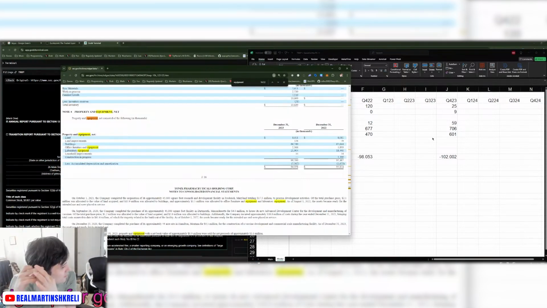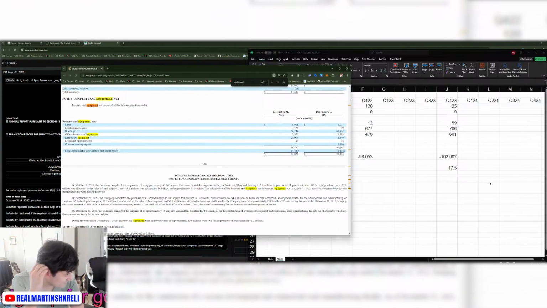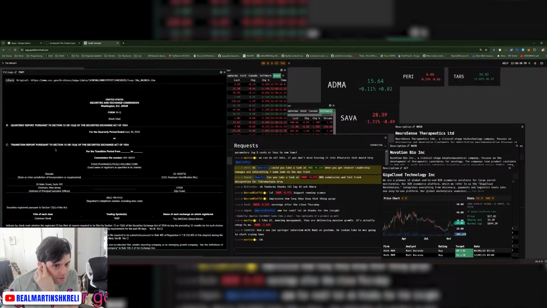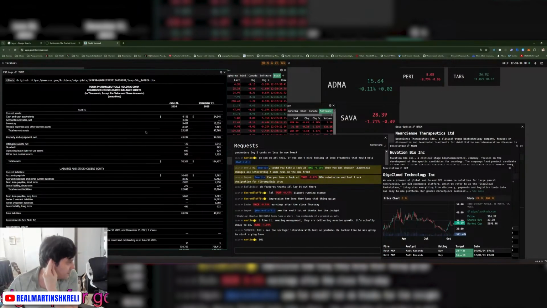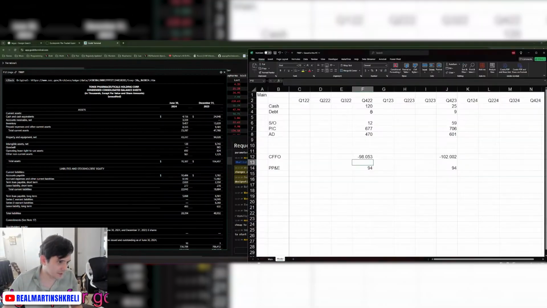So they bought a 45,000 square foot building in Maryland. So these are real assets. Then they bought this thing for $4 million. Okay, that still doesn't add up to 99 million. They bought another thing. They just keep buying property. Like, what's this, a real estate company? Yeah, I mean, it's certainly a bit of a meme company, but they do have a ton of real estate for some reason. Hey, it's worth something, it's worth something.